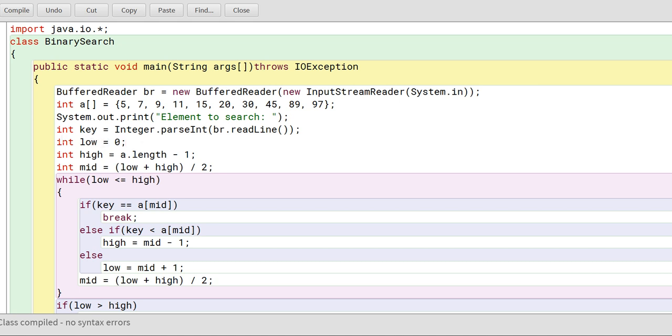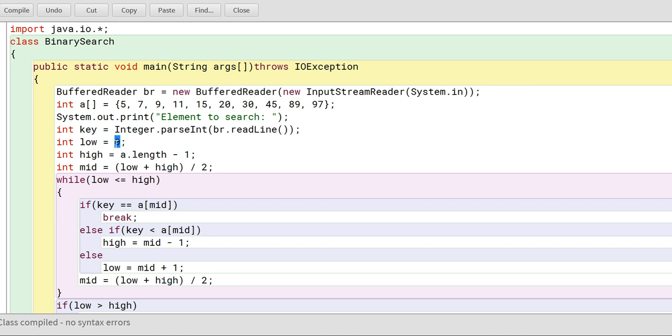After taking the value from the user, you have to apply your binary search technique. In this kind of technique, you have to use two variables. You have to declare two variables. The first variable is an integer variable, and the second is also an integer variable. The first variable name I have taken as low, and the second variable name I have taken as high. So any name you can take here.